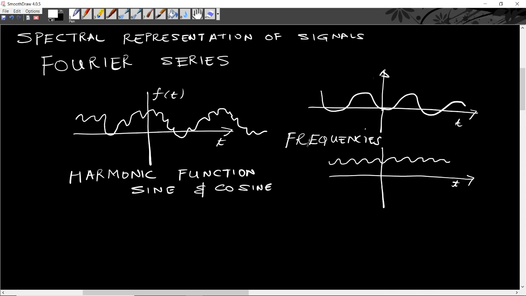So that means we can represent and analyze a signal which is in the time domain. This signal depends upon time, and instead of looking at it as a function of time, we may look at it as a function of frequency. That's an alternative representation of the signal, and that is what we call the spectral representation of the signal. Such a representation of signals in terms of the frequencies that constitute the spectrum